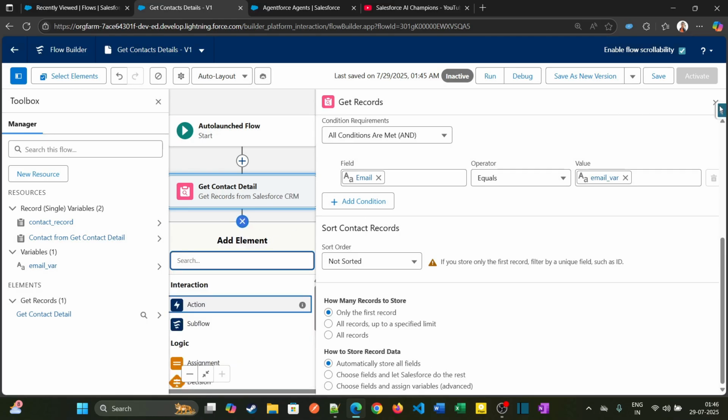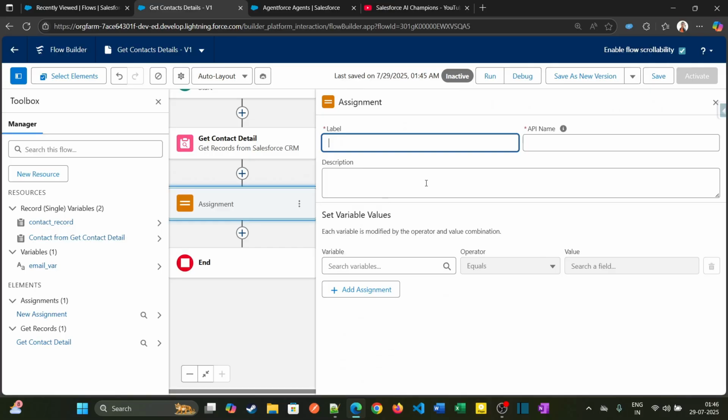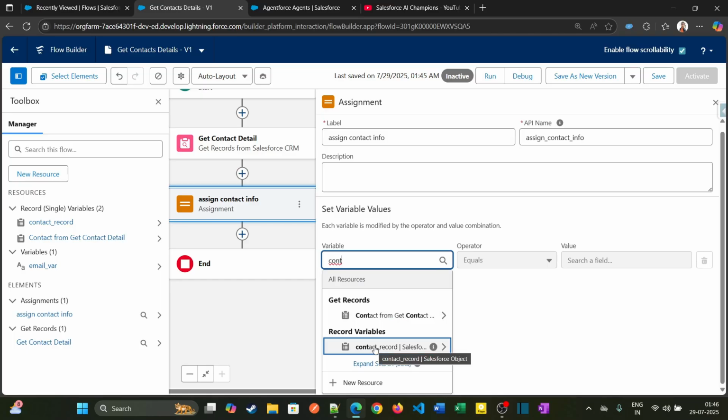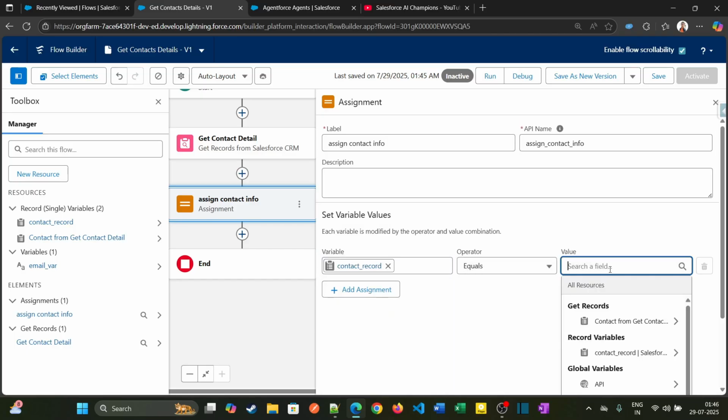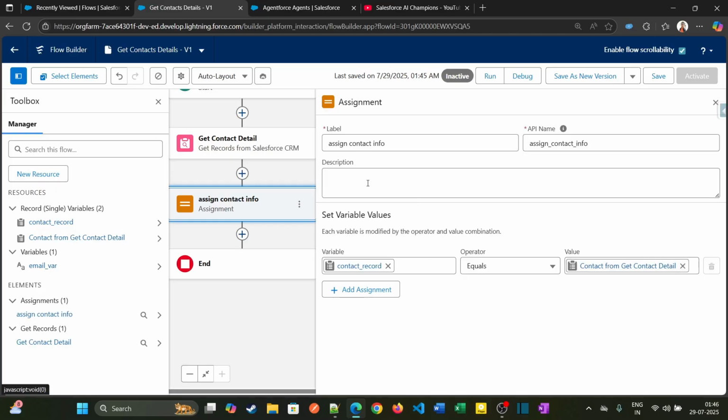And I'll be using a simple Assignment element. So let me name it Assign Contact Info. In the contact variable, I'll be searching for the record variable contact_record, which needs to be equal to that Get Contact Details, right? And I'll be storing this contact information into this assignment variable. I'll be clicking on Save,